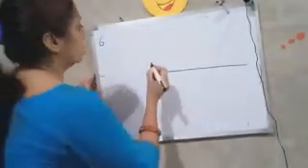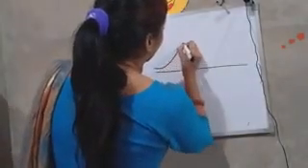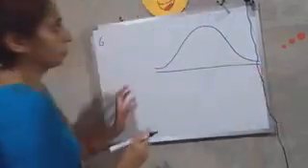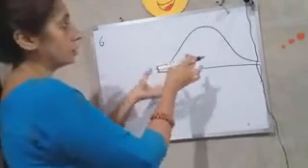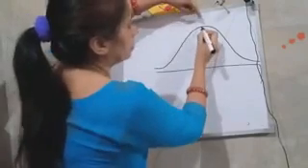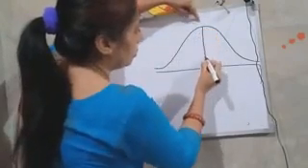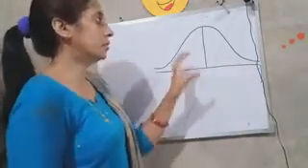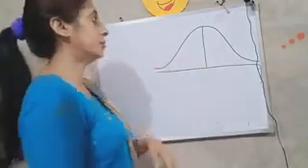The property says, in a symmetrical distribution. Now what is a symmetrical distribution? Look at this distribution. This is known as symmetrical. This is also the bell-shaped distribution. This is also known as normal distribution. This is symmetrical. In a symmetrical distribution, your mode, median and mean will be halfway, and those will be equal to each other. This is known as symmetrical distribution. So now this property is connected with the symmetrical distribution.